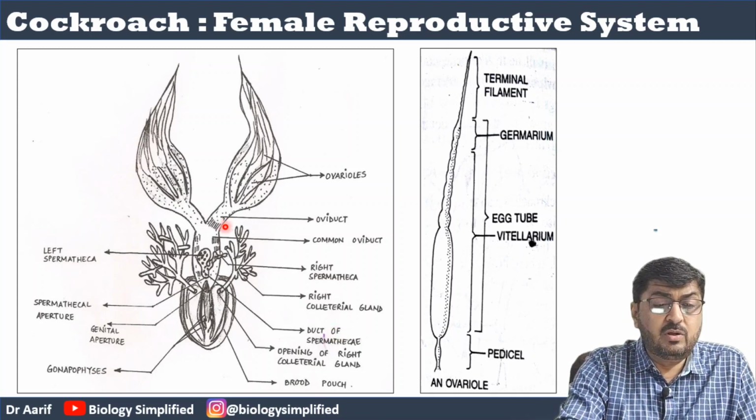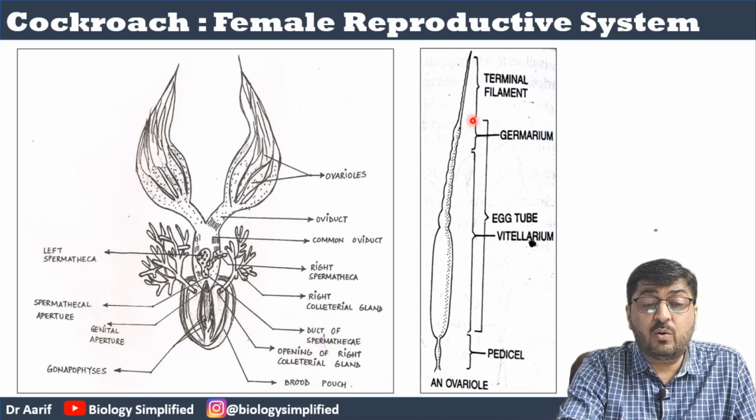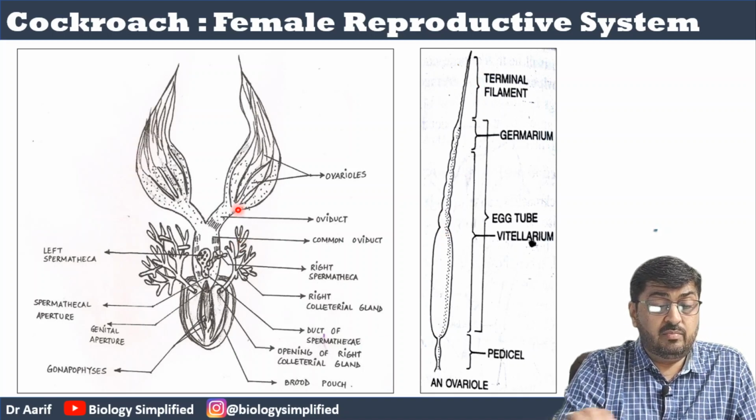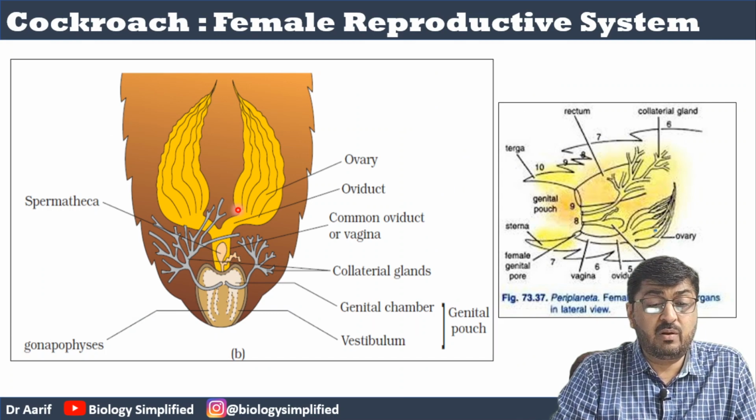Look at the diagram here. Can you see this big, leafy structure? That is the ovary. So 2 ovaries. Can you see smaller structures within the ovaries? They are called ovarioles, right? So 8 ovarioles in each ovary. And this is the structure of a single ovariole. Okay? So let's get on with it right away. We'll come back to refer to the diagram also. Oh, we have a diagram here also.